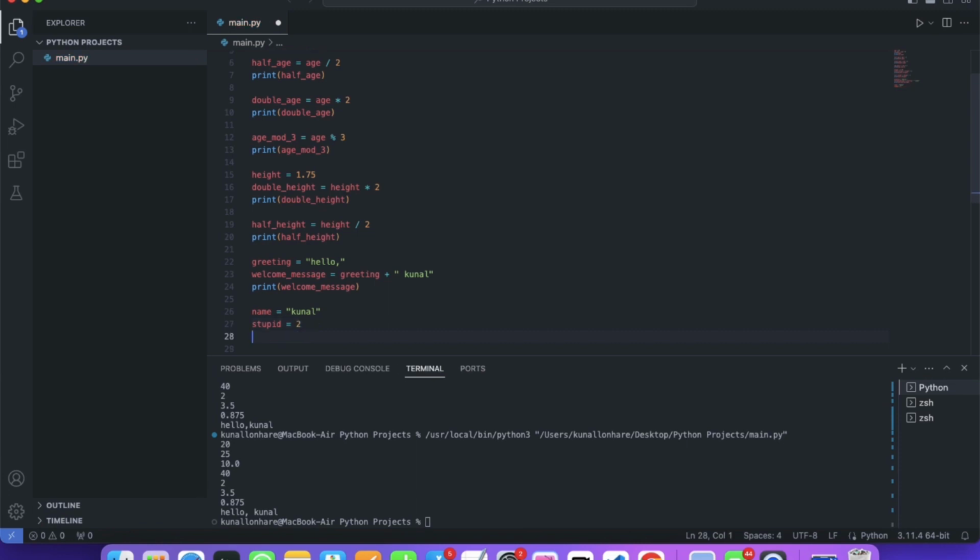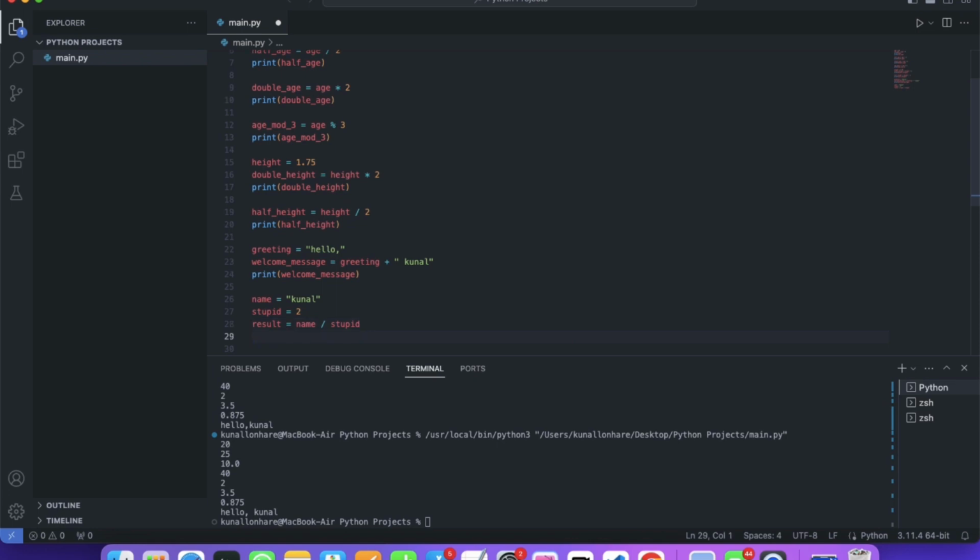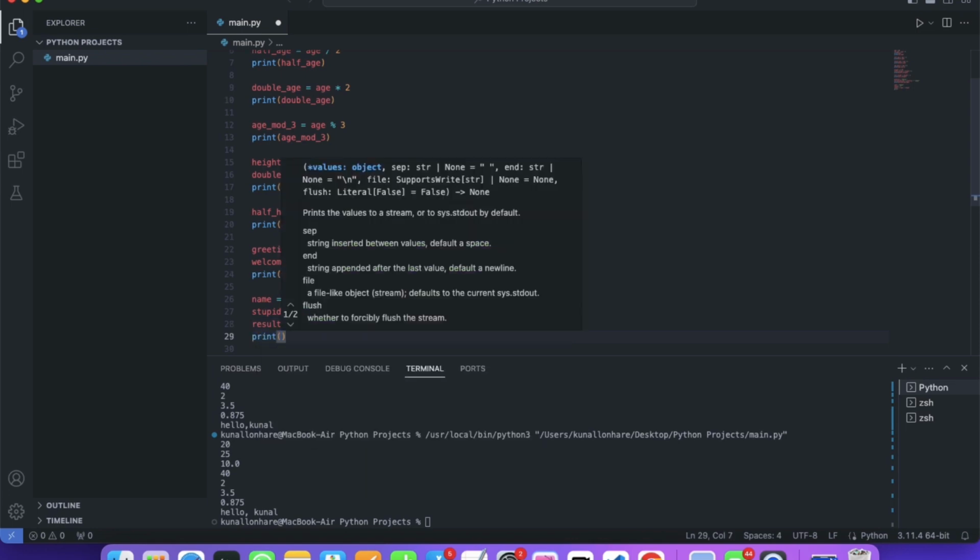And if we want to divide it, we can say result equals name divided by stupid. So stupid means 2, and name means Kunal. Now if we try to print result,